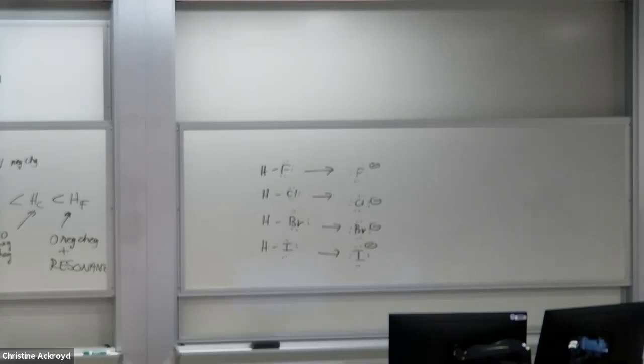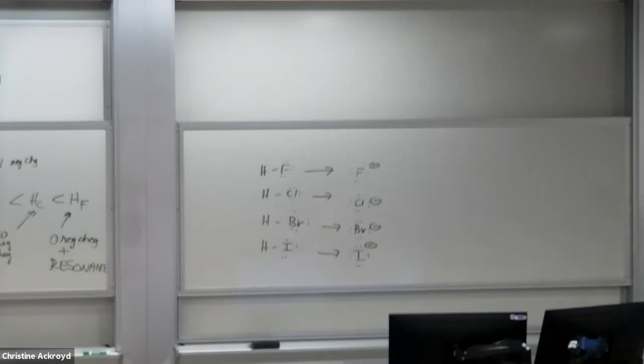Iodine, as you go down the periodic table, there's higher and higher energy levels, which means the electron cloud gets bigger and bigger. What does that do to the stability of the charge? It spreads it out, just like resonance increases stability by spreading out the charge. When you take a negative charge and you spread it out over a larger atom, you're essentially deconcentrating or diluting the charge, which makes it more stable.